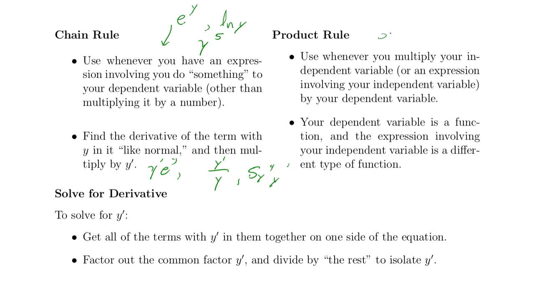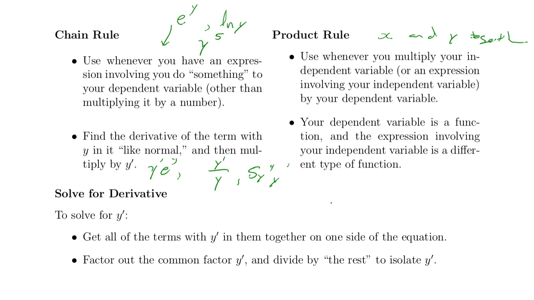Basically, whenever you've got x and y together, set up your u's and v's. I always make the u all the x stuff, and then I'll try to simplify all the y stuff to be just y, or if it was a y squared in there, whatever. Then make sure that you can separate those into your u primes and v primes. But the product rule, you're going to notice that you use it whenever you have a combination of